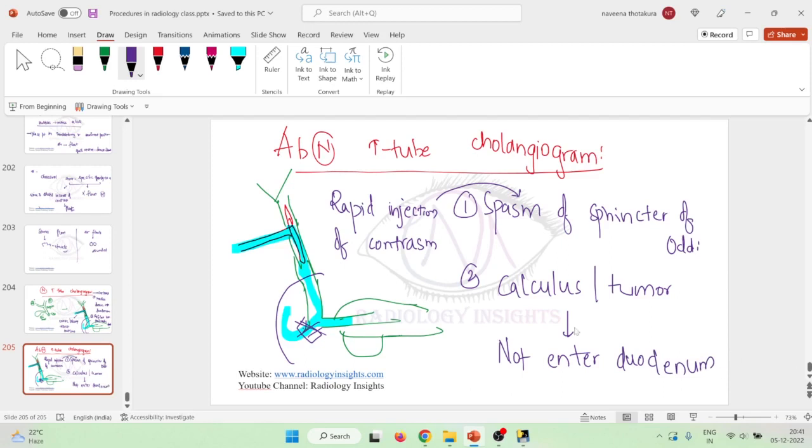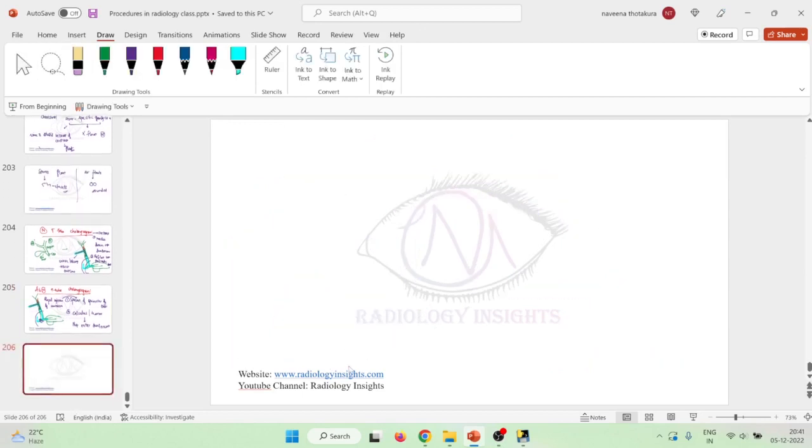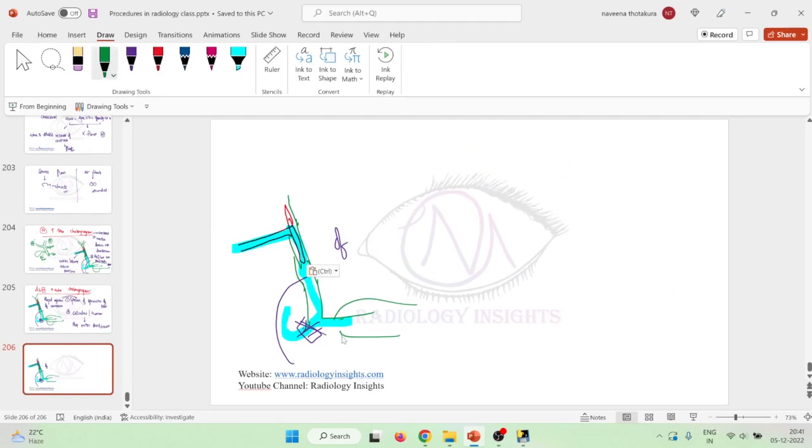So this is failure of entry of contrast into the duodenum. Okay, this is one problem. Then second. This is the duodenum. Now, if the contrast media does not pass into the intrahepatic duct,